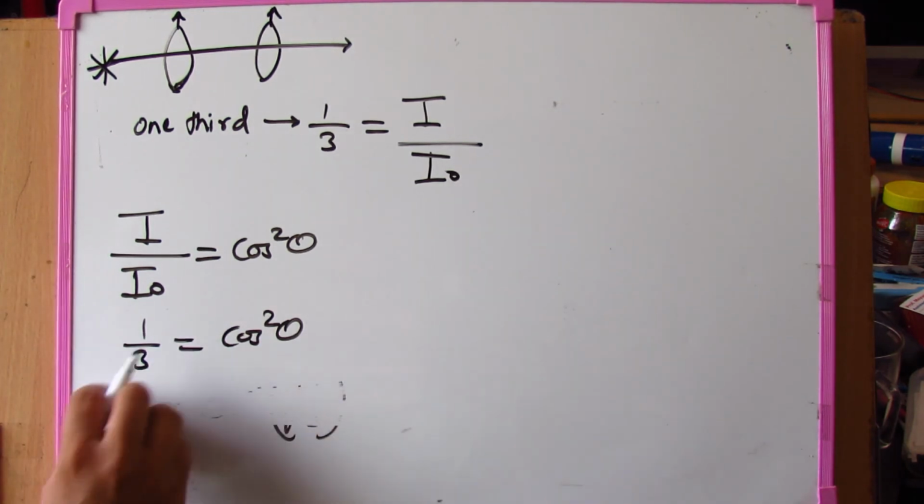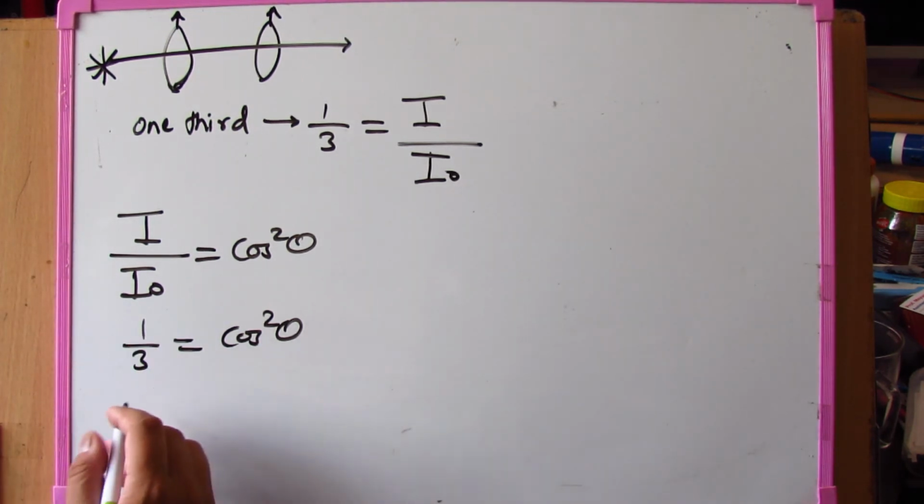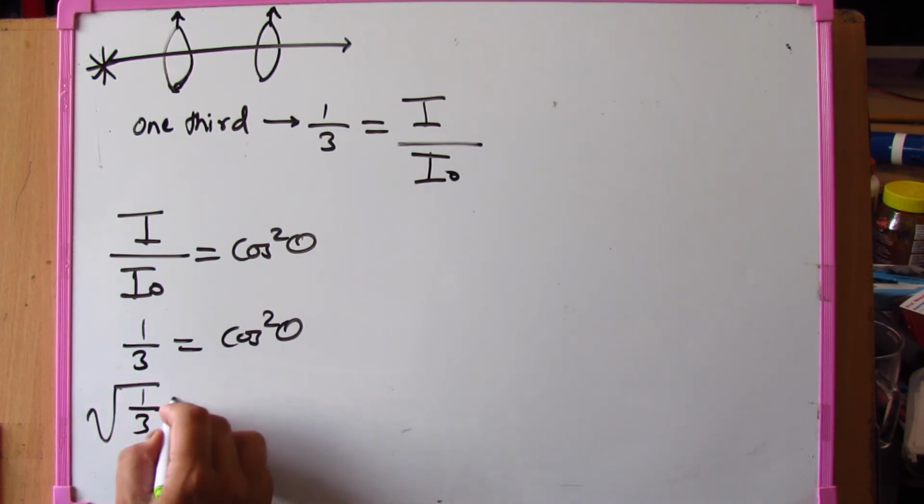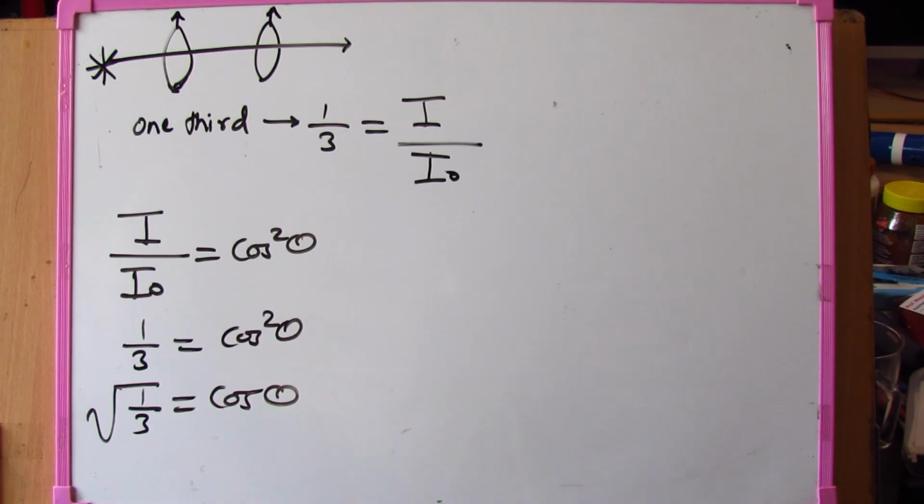So you can always do this in small steps. What you should do is under root of 1/3 is equal to cos theta, and hence theta will be equal to cos inverse of under root of 1/3,